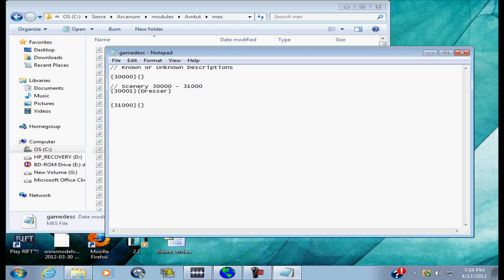Gonna want to go ahead and type in a name for our blacksmith, which Arcanum doesn't actually have a blacksmith, so go ahead and type in blacksmith. 31001, William, and we're gonna need a name for a gnome. And now we have,